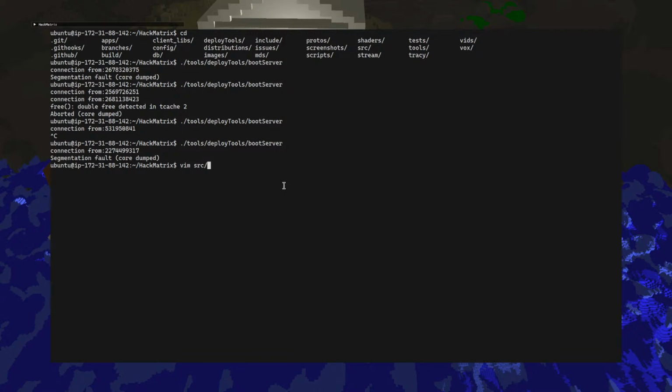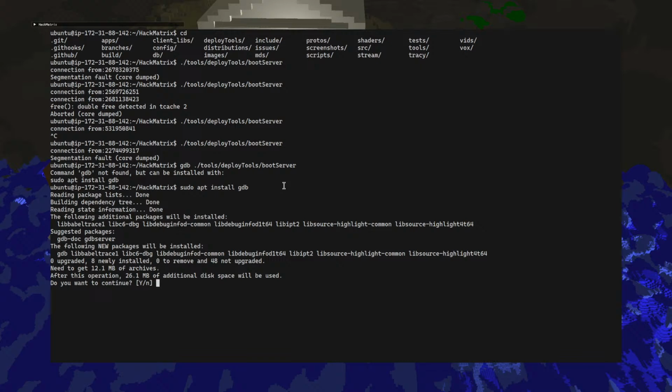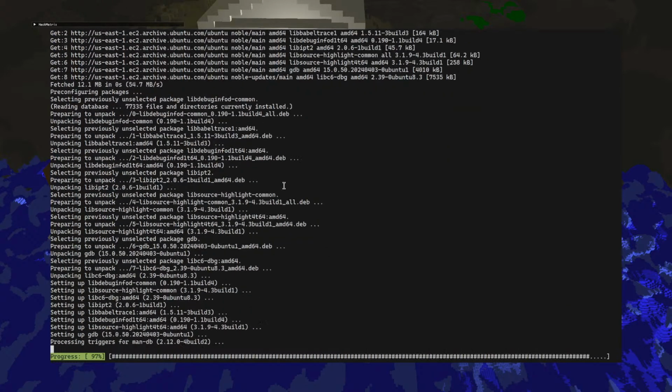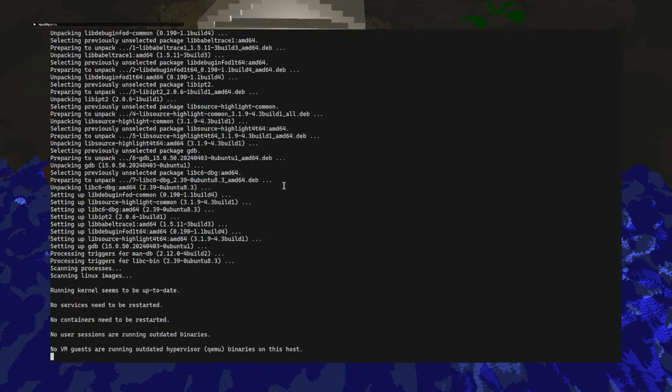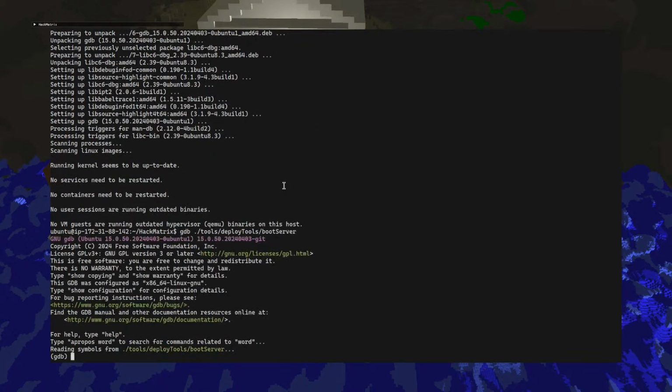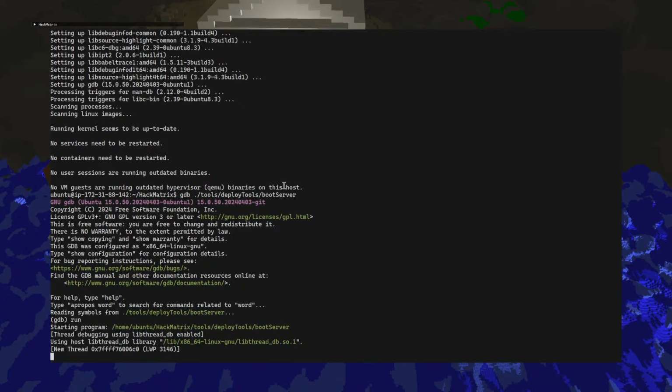I'm not entirely sure what the deal is. I'll try to resolve it here though, because I really do want to get this working. It was working literally just the other day, so we'll see why it segfaults, I guess.